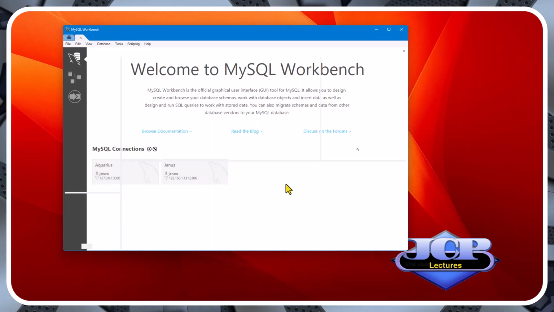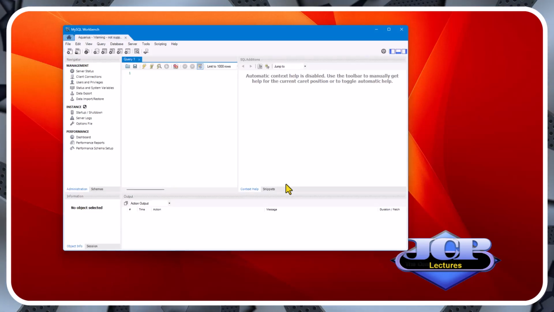When we click one of these connections, the GUI opens a new tab with the name of the server. In the leftmost part of the main window, two tabs labeled Administration and Schemas.